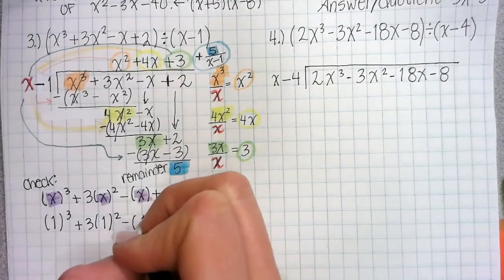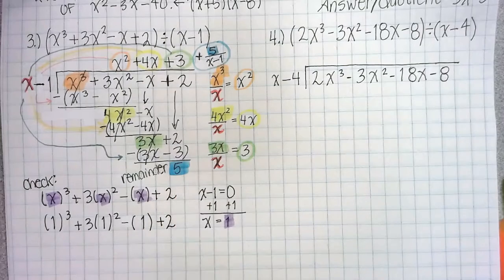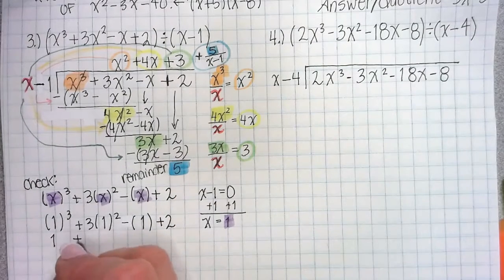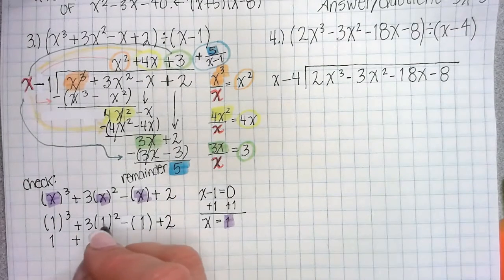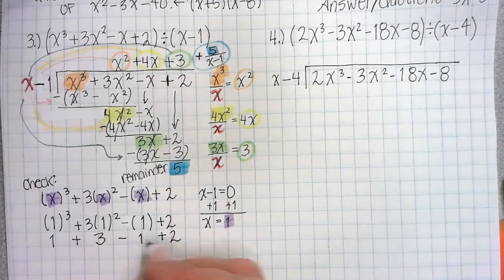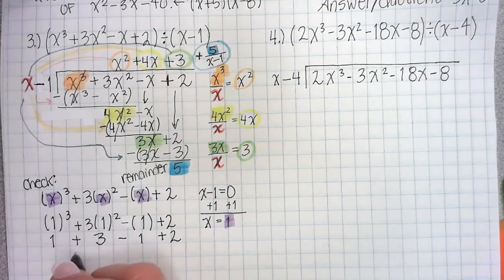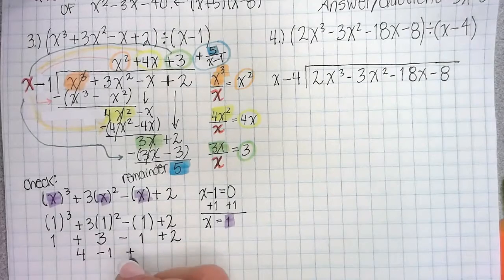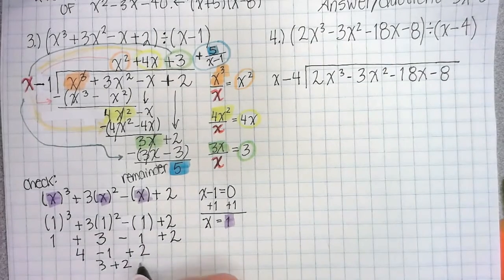minus 1 plus 2. 1 to the third is 1, plus, exponents first, that's 1. 1 times 3 is 3. Minus 1 plus 2. 1 minus 1 is going to cancel out, but if you like to go in order, 1 plus 3 is 4. Minus 1 plus 2. 4 take away 1 is 3. And 3 plus 2 is